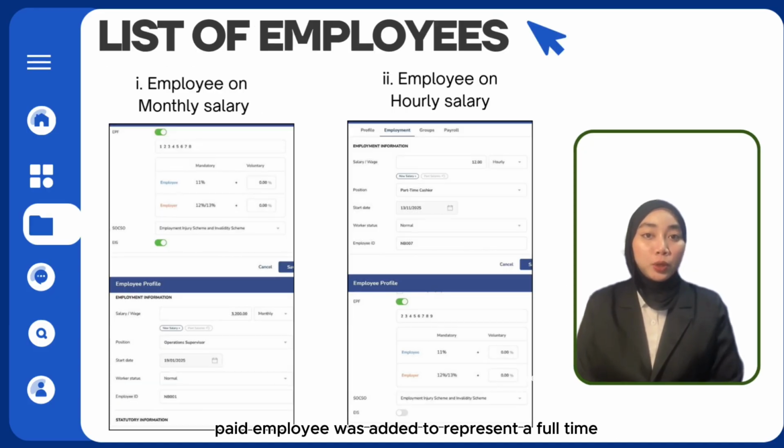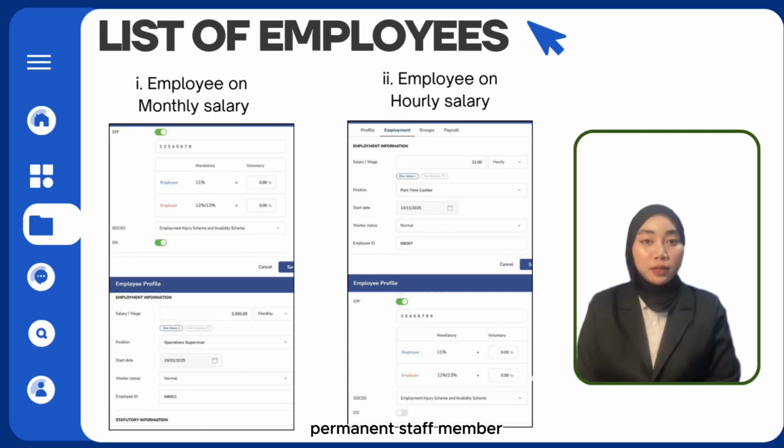A monthly paid employee was added to represent a full-time permanent staff member. This employee received a fixed salary every month regardless of the number of working hours. All mandatory statutory contributions such as EPF, SOCSO, EIS, and PCB were enabled and automatically calculated by Payroll Panda. This type of payroll structure is commonly used for executives, managers, and administrative staff as it supports consistent payroll processing,